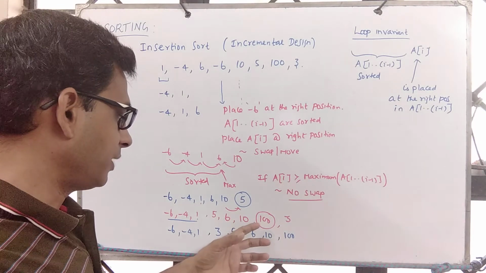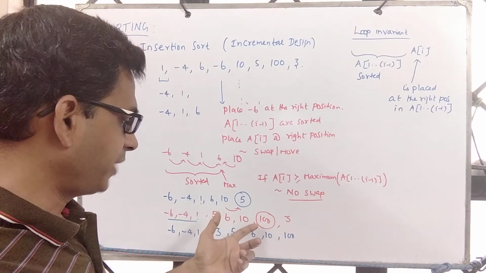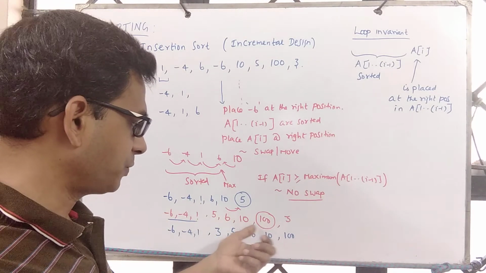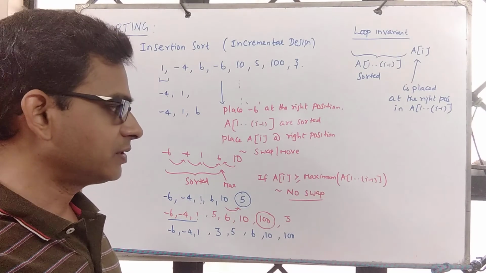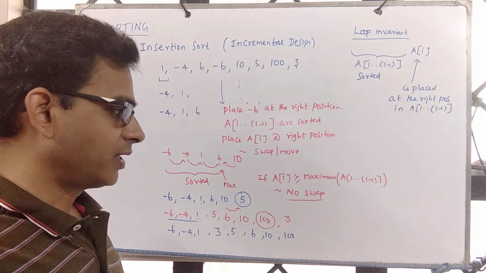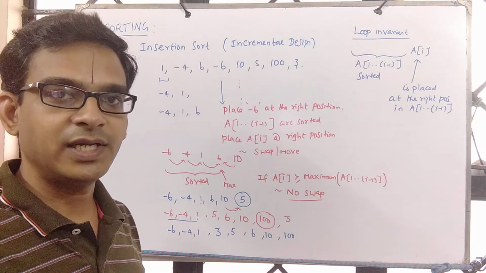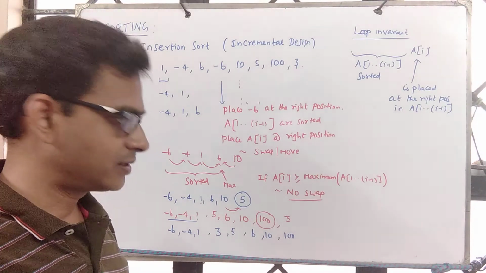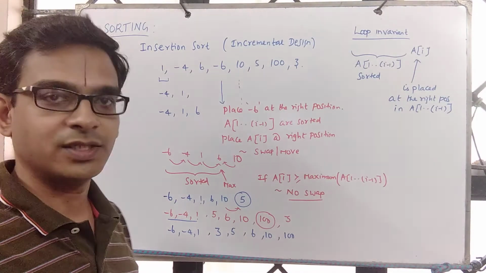So it may so happen that you have to swap, and in the worst case you may have to compare it with each of them, followed by a swap. In the best case you have just one comparison and no swap at all. So let us keep these 2 scenarios and get into our usual part, which is the analysis. With that we can ultimately answer our question: is this taking little o of n square, or is this algorithm also taking theta of n square, as good as selection sort or bubble sort?